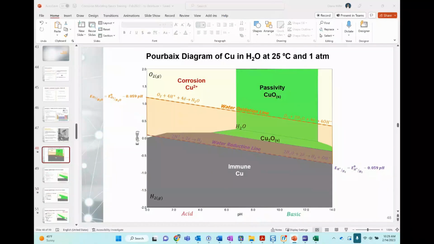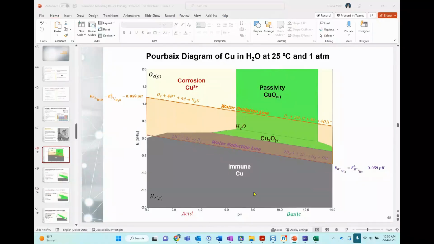And this is going to show you different regions that, from the metallurgical or corrosion point of view, are useful to identify if you will have corrosion areas, a passivity area where corrosion still happens but at a lower rate, and the immunity area where corrosion is not supposed to happen.